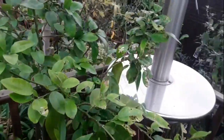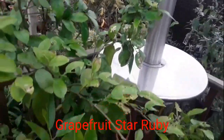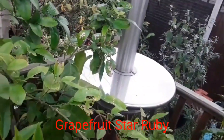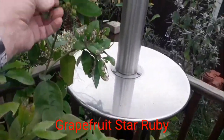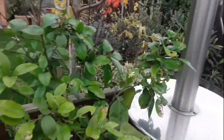Behind it is my grapefruit that's gone through periods of good health and bad health. It's now not looking too bad. It lost a lot of leaves. It has flowered heavily. This one is Star Ruby. It's even got a few fruits on it. I'd expect those all to fall off, but I'm not concerned about that because I want it to grow better